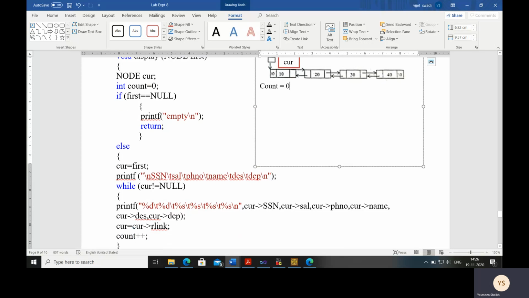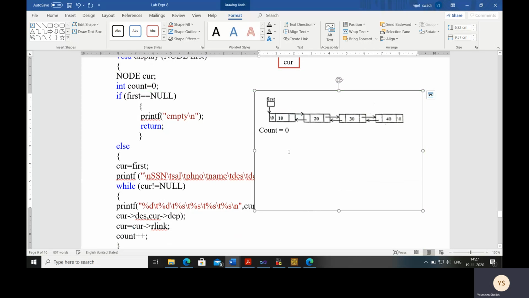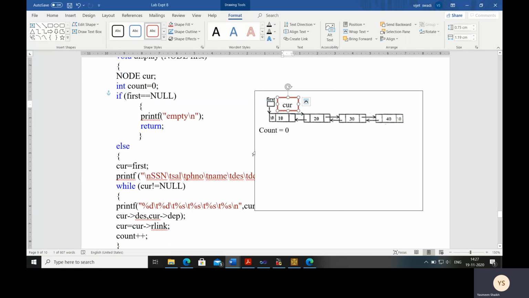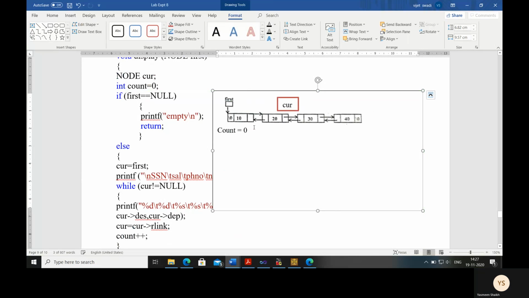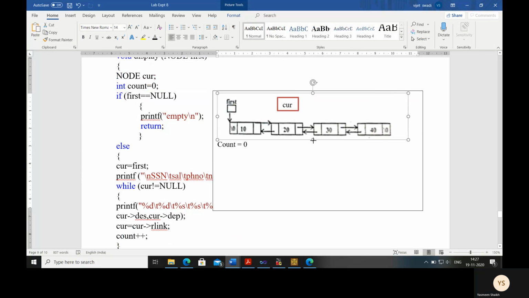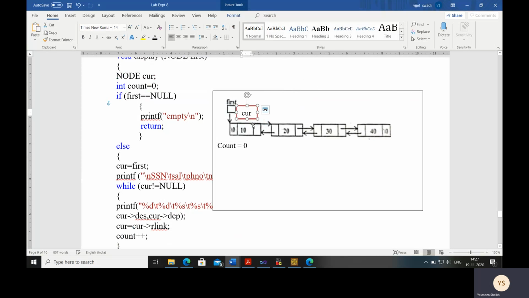Then we want to display SSN, salary, phone number, name, designation and department. So suitable printf statements will be written here so that the output can be formatted on the screen. Now we have to traverse the linked list one node at a time and display the information. So for that we are using